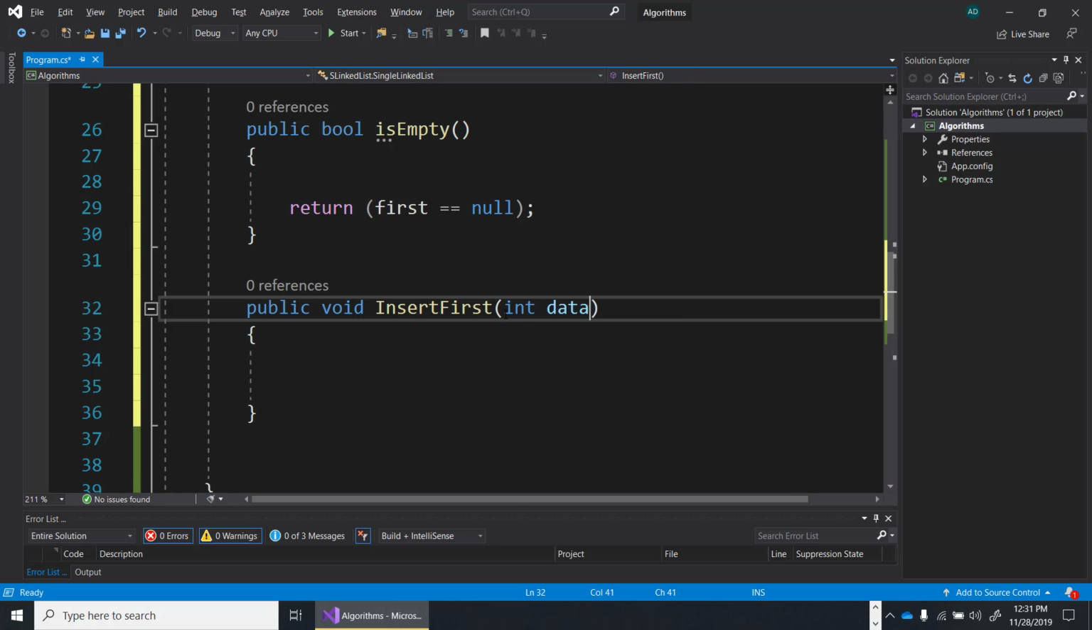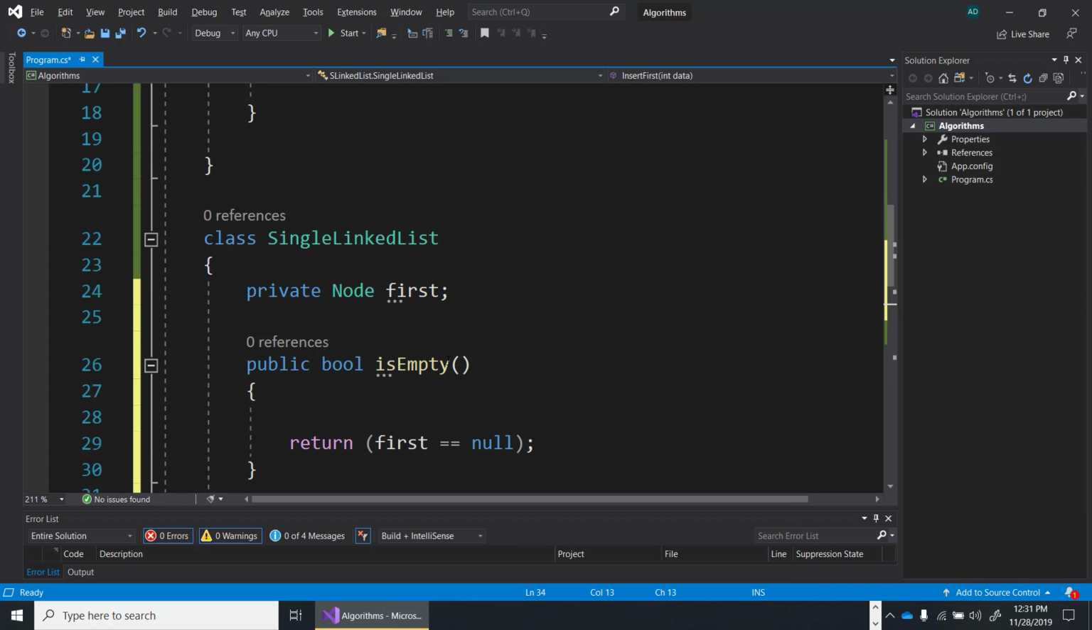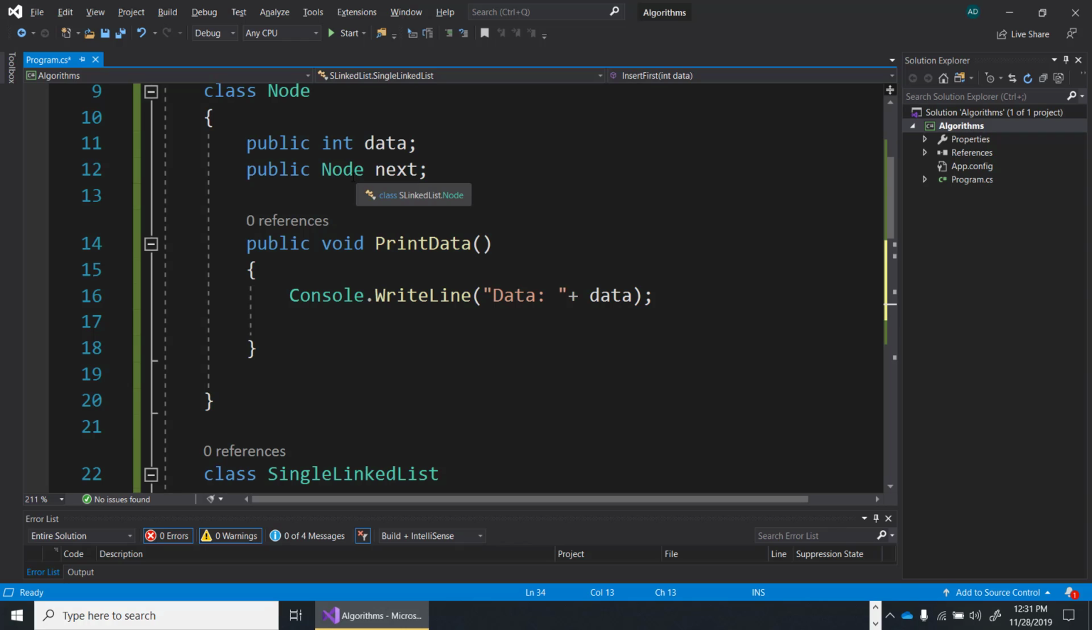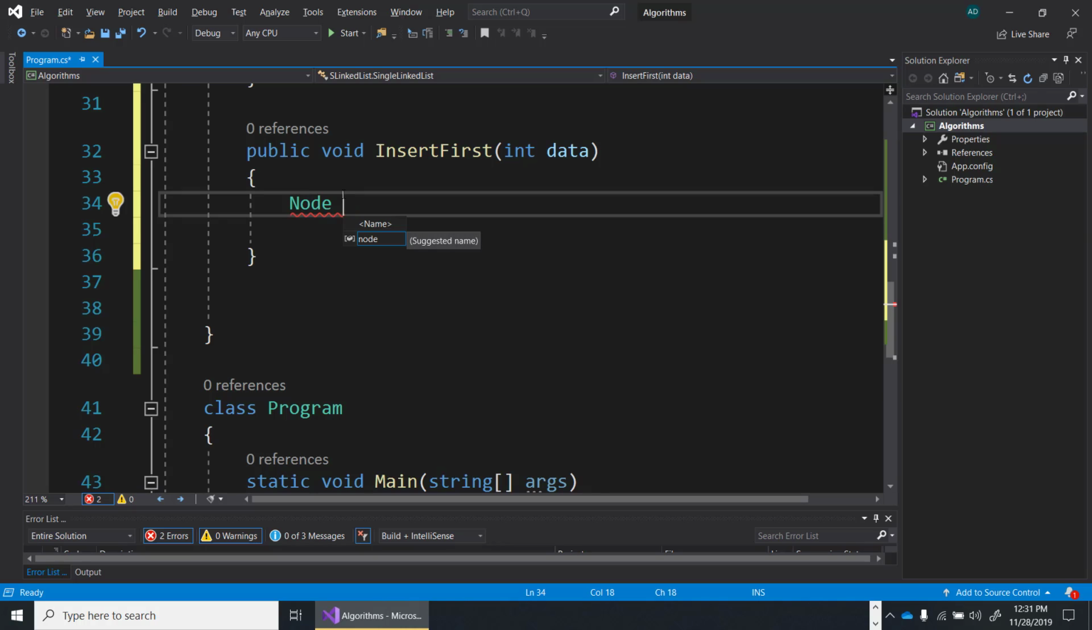And actually, we'll just type it out into data. So we're going to pass in the data into our first value. Now we want to access this node up here, or our node class, and we want to insert data into data. So we need to create a new node. So node, and then we can give our node a name. Call it new node equals new node,